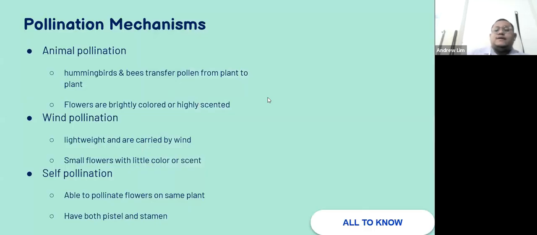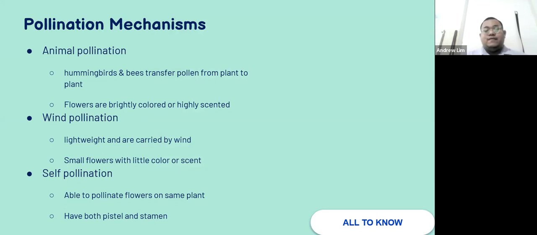So how does the male flower reach a female flower? Plants are not like humans. For us, when a boy sees a girl, or a girl sees a boy, and they like each other, they'll come to each other and say, I like you, I love you. However, flowers cannot move. The only way for them to say hello to each other is through three different types of pollination: animal,